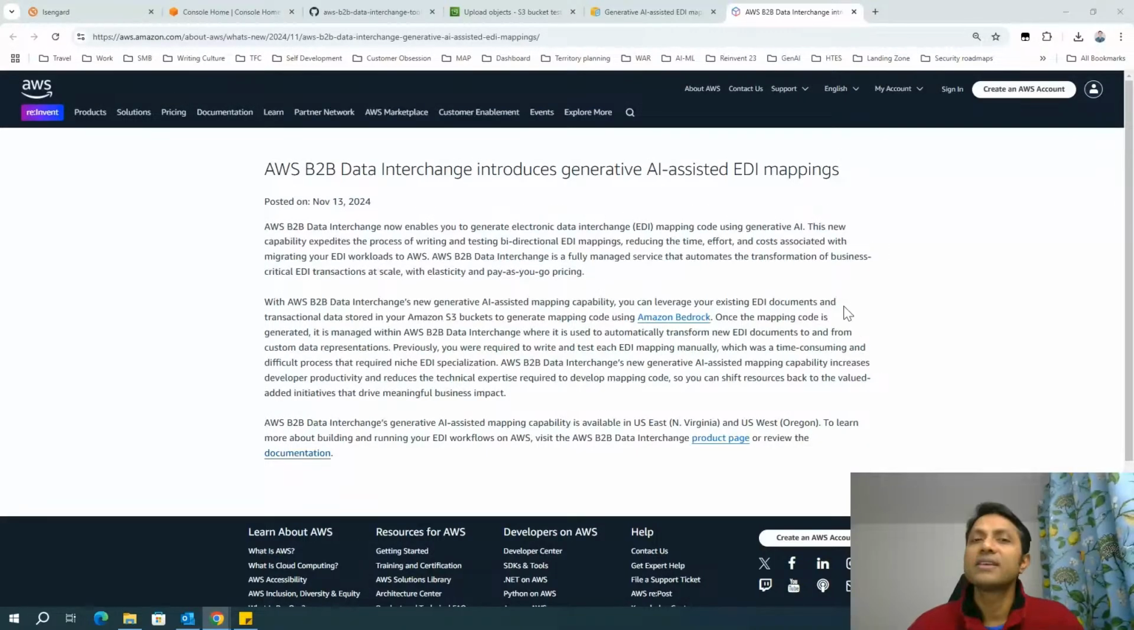So this is the notification that came out a couple of weeks back, where they talk about this B2B data interchange, which can help you generate the EDI mapping code using generative AI. Now, how to do that? Right now, as you see over here, it's only available in a couple of regions, like US East North Virginia